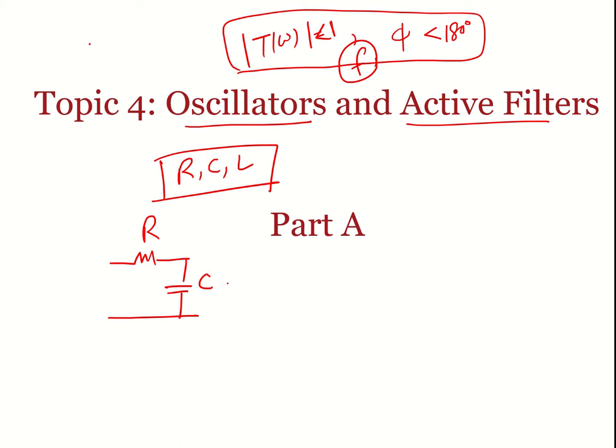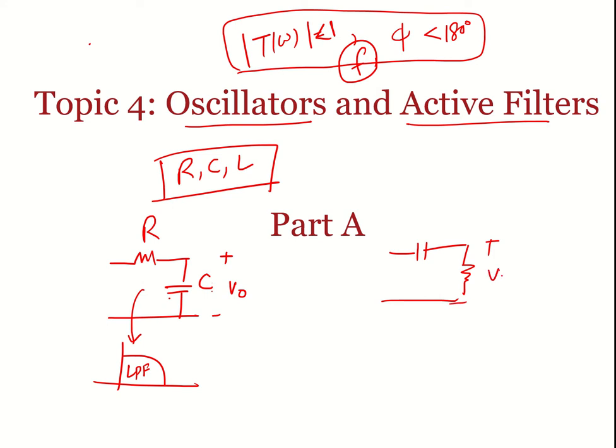Now if we have this RC network and you are taking the output here, you know very well this is a low pass filter, right? If you have an RC network and you are taking output at the capacitor, and you write the transfer function and analyze it, you can see that this is a low pass filter. And if you have the same network, but you take the output across the resistor, with the input supplied here, this will become a high pass filter.